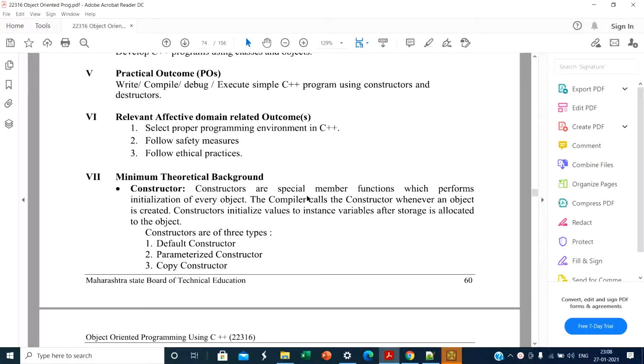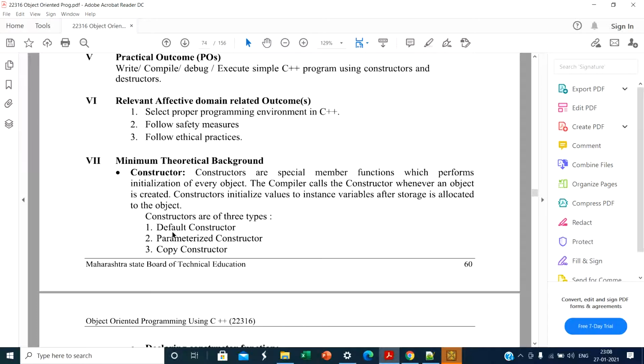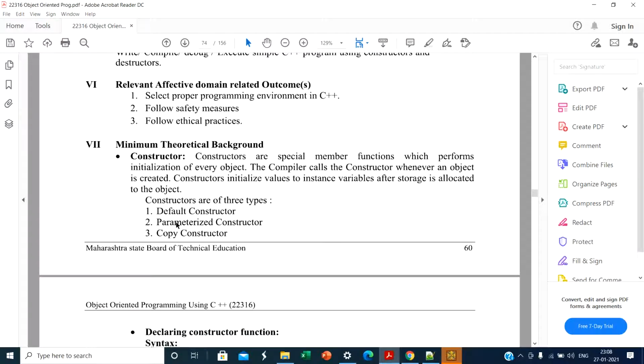Constructor is a special member function which performs initialization of every object. Some characteristics of constructor: it has the same name as the class name. There are different types of constructor: default constructor, parameterized constructor and copy constructor.